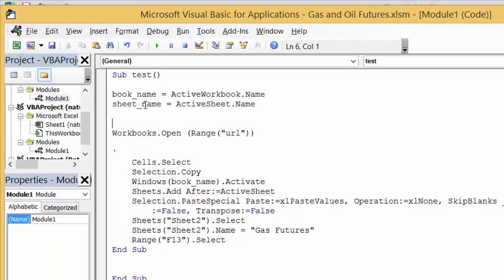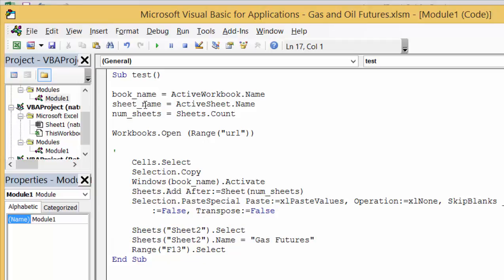And then we can put an add. How about we put, okay, equal the sheets.Count, and that's an important one. Num sheets, and it's important you get that before you go to this workbook, and then we can put After:=num sheets. I hope that works. Might not work. Or we can put, I'm not sure which one will work. I should know that. And then we put ActiveSheet